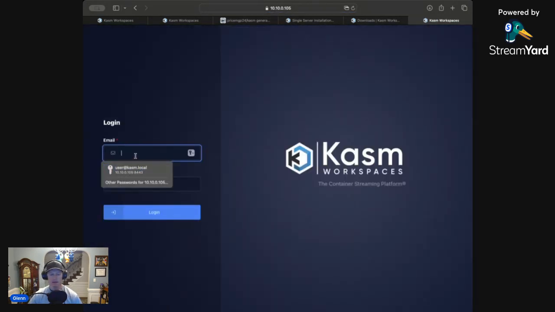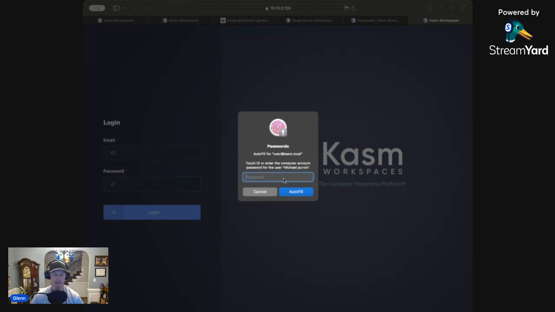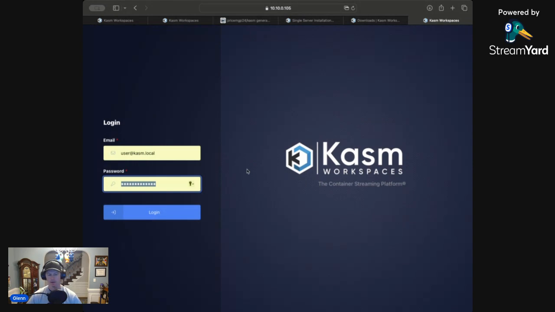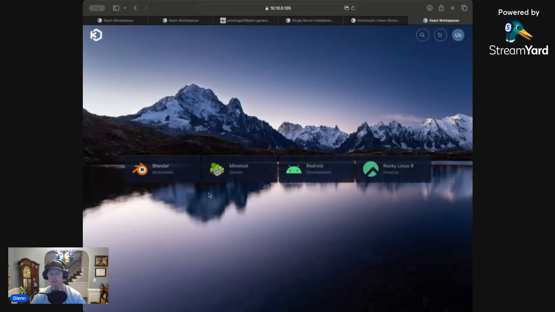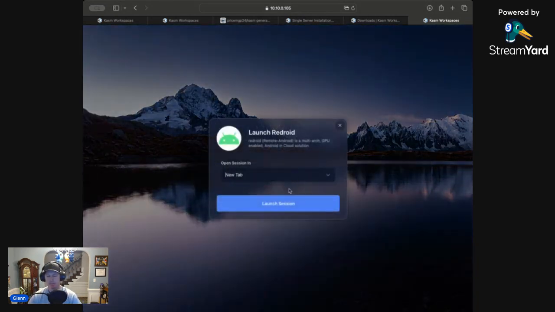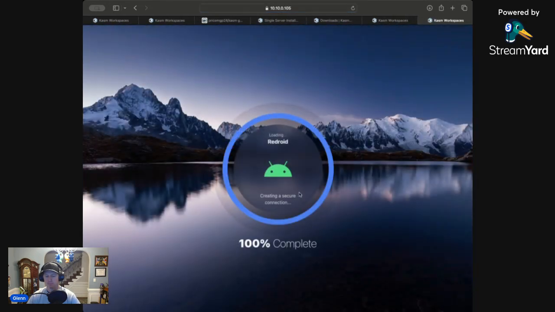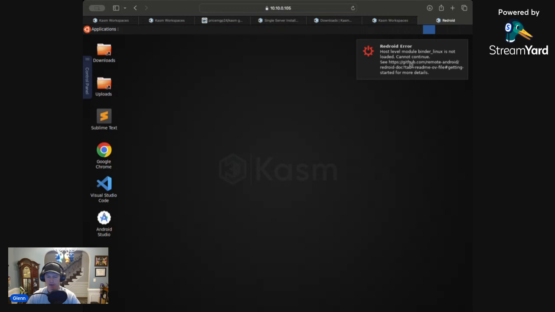The only thing I have not seen yet is Windows images. I think Coder supports that, but I don't know about Kasm. But yeah, right here, I think this is a